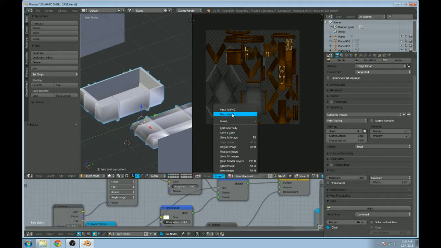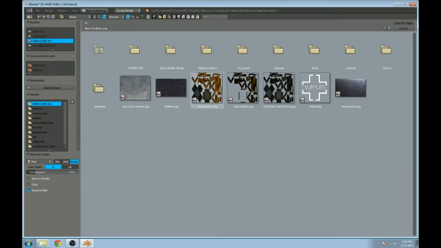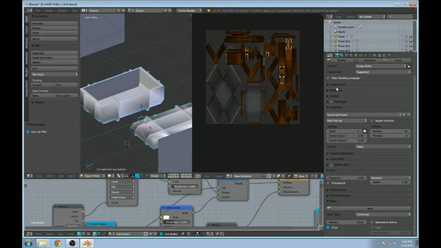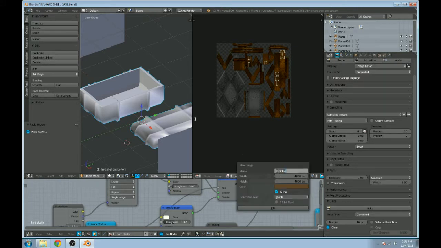And what I'll just do, pack as PNG, save as image. Let's see, I'm just gonna save over hard shell 4, which is a screw up, but the same amount of pixels. And then we're almost done with using Cycles for anything here. Alright, so now all I have left to do is I'm going to make one new texture, and the last texture that I'll be making with Cycles, which I'm just going to call hard shell box